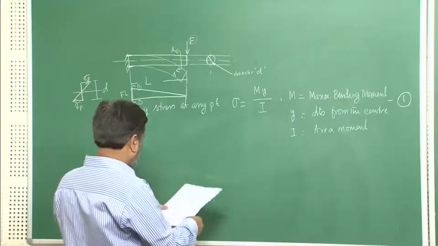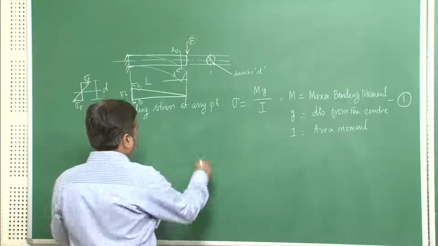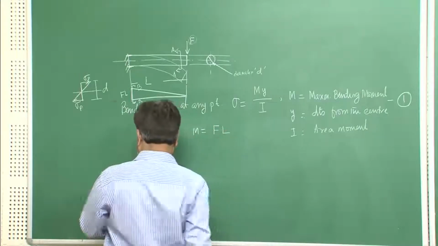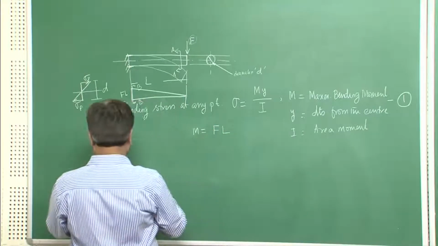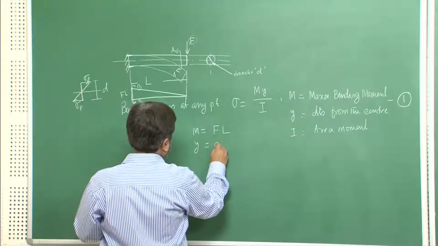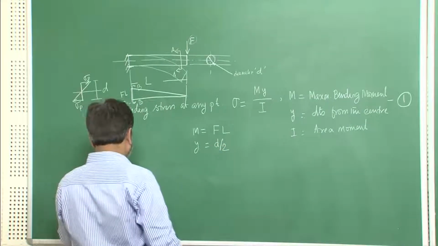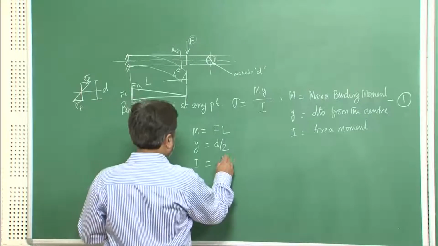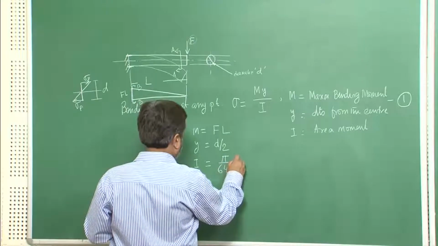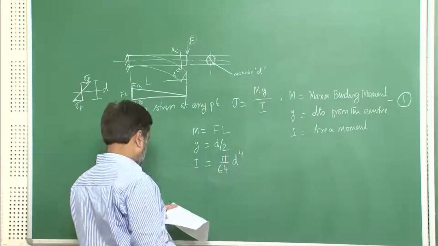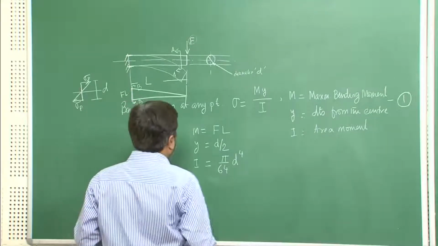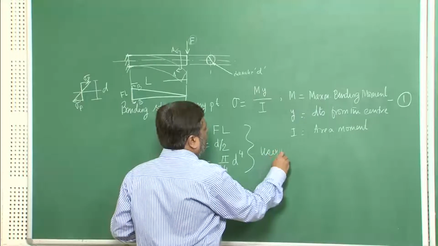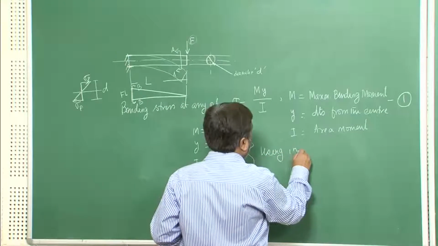Now, with that understanding, we can write down all the numerical values: M equals FL in our case, that is the maximum bending moment; y equals d by 2, that is the farthest point; and of course, I equals pi by 64 d to the power 4. So, as a result, if I use all these in equation 1,